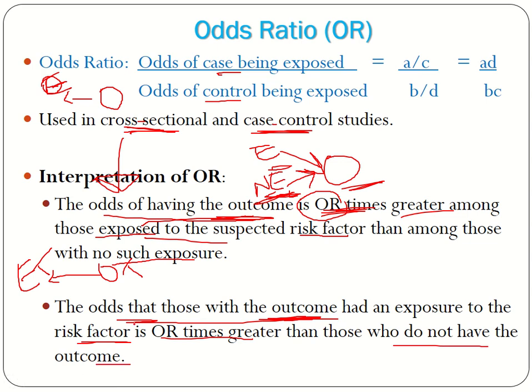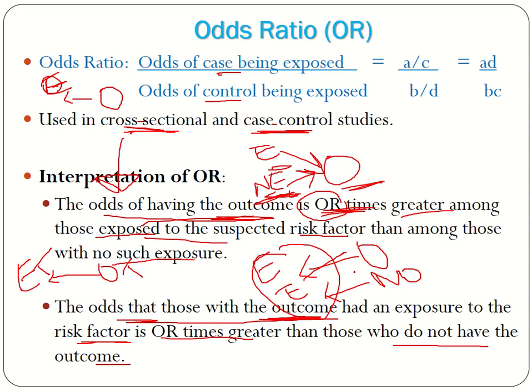ስለዚህ ከቅድሙ ኦፖዚት ሆነ ዴፊኒሽኑ ማለት ነው። አሁን በጣም ፎከስ ያደረግነው ምንድነው? አውትካም ያላቸው አሉ፣ ኖ አውትካም ያላቸው አሉ ማለት ነው። ከእነዚህ ውስጥ ደግሞ ለዛ ፓርቲኩላር ፋክተር አውትካም ኖሮት ኤክስፖዝድ ይሆናል፣ አውትካሙ ሳይኖረው ደግሞ ኤክስፖዝድ ይሆናል። ስለዚህ ኢን ጀነራል ስለምንድን ነው የሚያወራው ማለት ነው? ስለ አውትካም እና አውትካም የሌላቸው ዳት ኢዝ ዘ ኬዝስ ኤንድ ዘ ኮንትሮልስ መሀል ኤክስፖዠር ሪስካቸው ምን ይመስላል ነው። ስለዚህ the odds that those with the outcome had exposure to the risk factor is